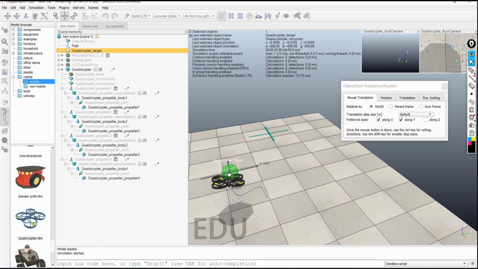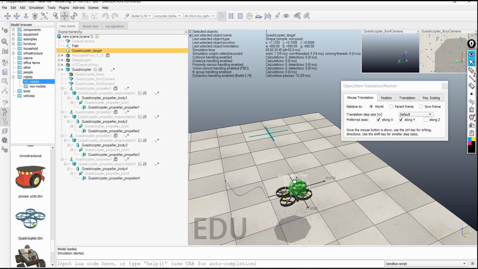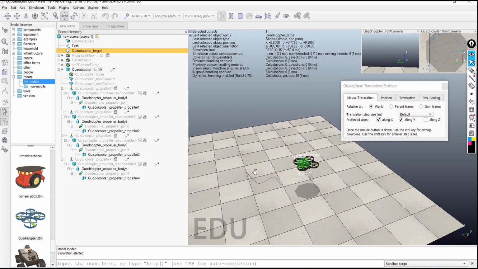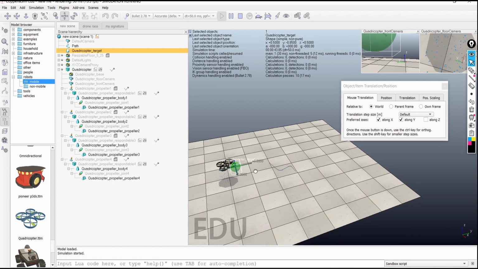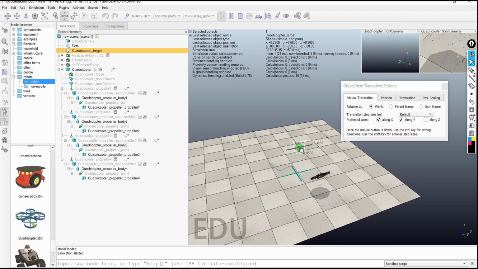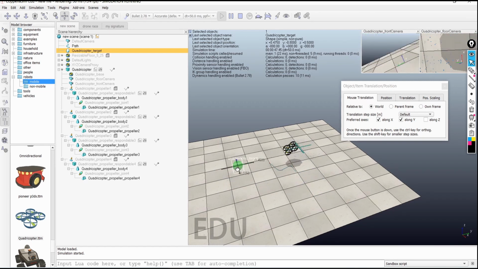If I move this, then this will move. What I mean is that this is designed by VRAP beforehand, and it has the feature that whenever I move this target ball, the drone will follow this path. Look, when I'm moving this target ball, this drone is following the path.